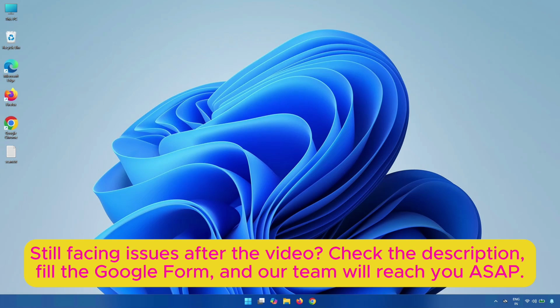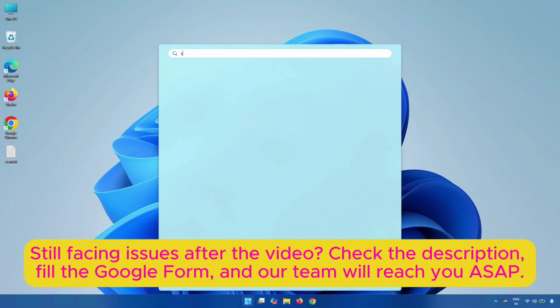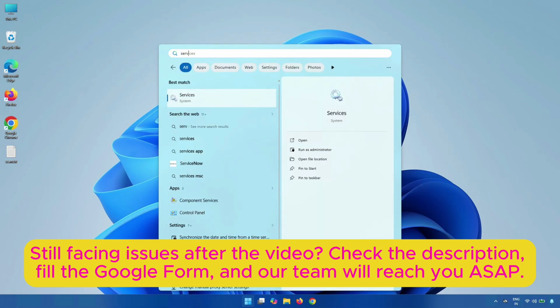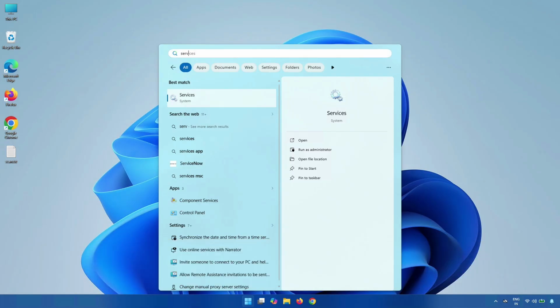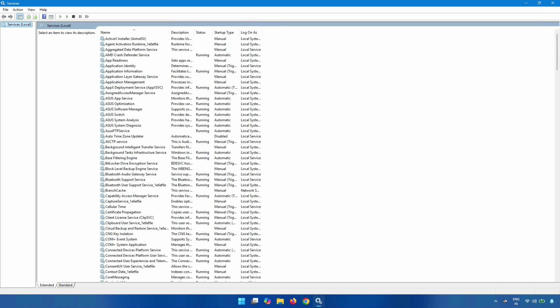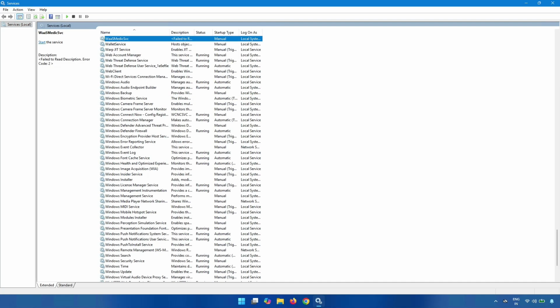So guys, first method, click start and type services and right click to run as administrator. Then find Windows Search, press W,